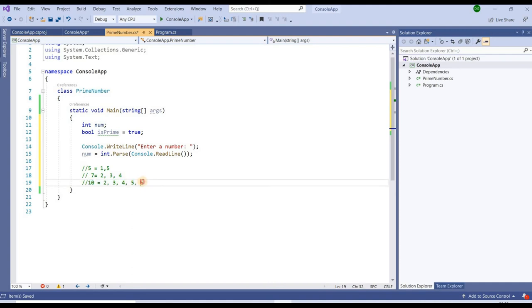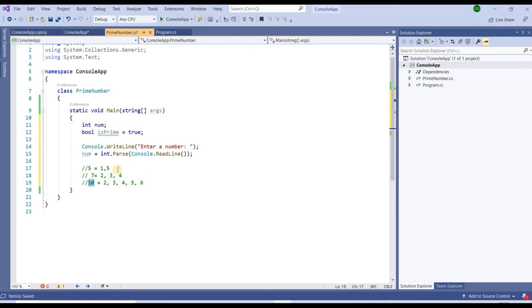So what we understand here is that we don't want to go beyond half of the number. We will try up to half of the number. So this is 10, and I want to check up to half the number. How can we find the half number? Suppose I create one variable like m, the middle number that I want to find.